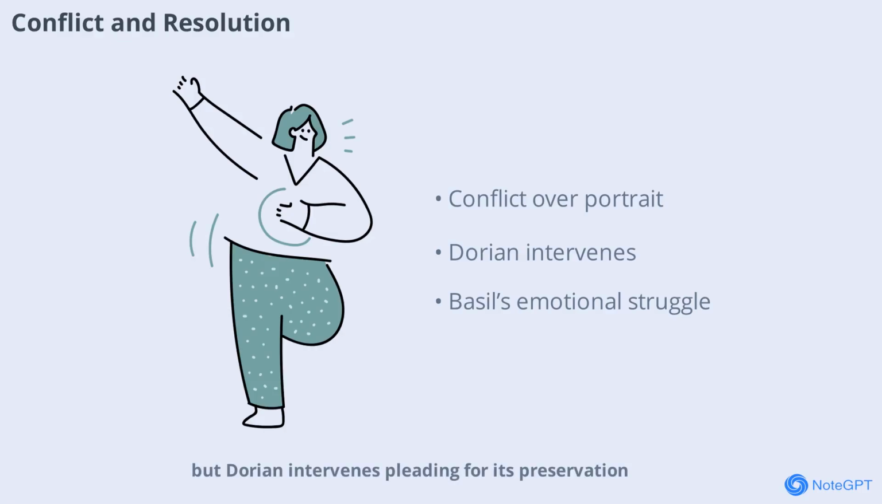The emotional conflict underscores the complexities of friendship, art, and influence. Ultimately, Basil agrees to give the portrait to Dorian, acknowledging the depth of their connection. Lord Henry, ever the observer, comments on the irrationality of human behavior, adding a touch of humor to the scene. The resolution sets the stage for the next phase of the story as Dorian takes possession of the portrait and